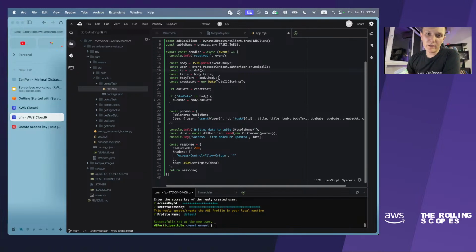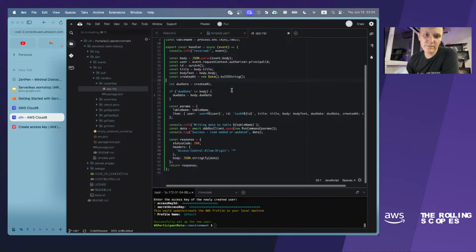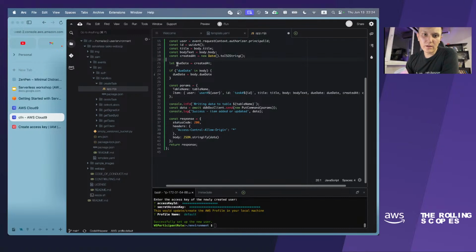And then we just create task title and task body text just by parsing the body object, and create created at timestamp just by invoking new date object. Yeah, and we have one more field here, due date, which is equal to created at, and if we are providing it in body, we will assign it.